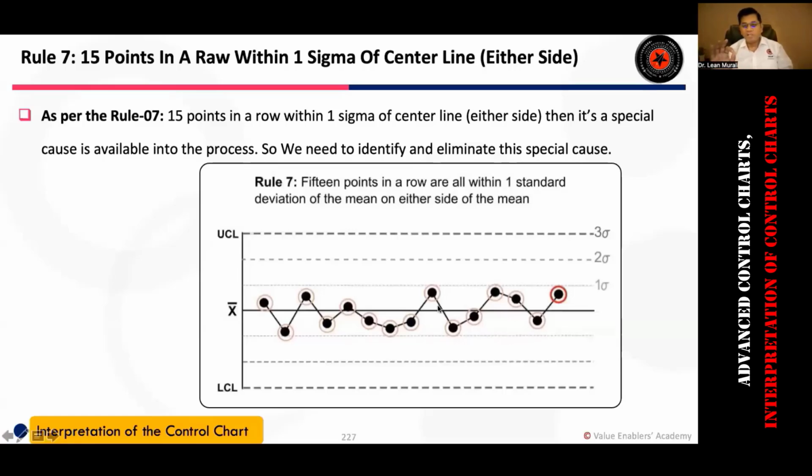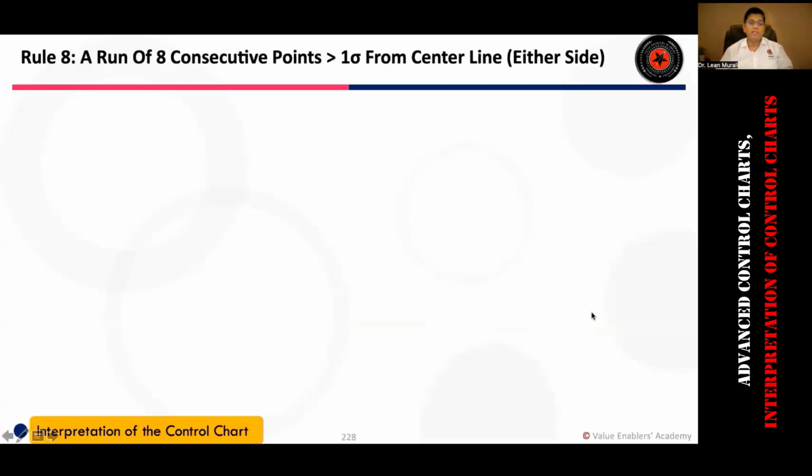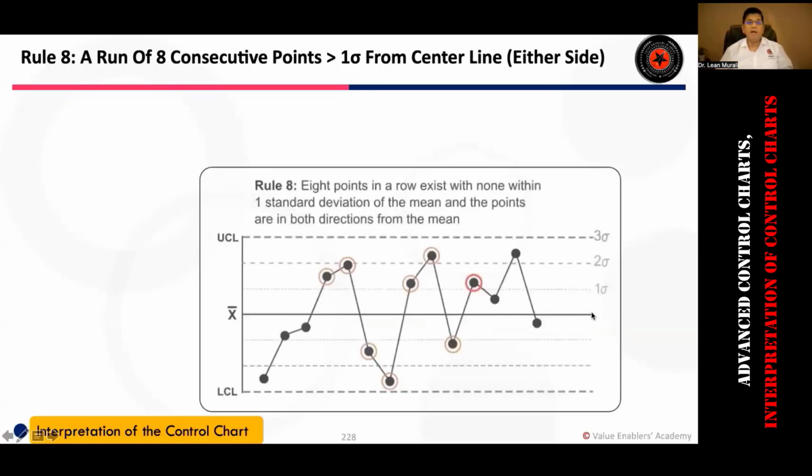Okay, I'm rushing this a little because these are all available all over the internet. So it is just for me to show this first to you so that when you go and explore yourself, you know, okay, these are some rules to identify. And a run of 8 consecutive points greater than 1 sigma from the center line on either side. Okay, so 1, 2, 3, 4, 5, 6, 7, 8. Okay, up and down on this. That is also an indication of this thing. So R8-CC is,